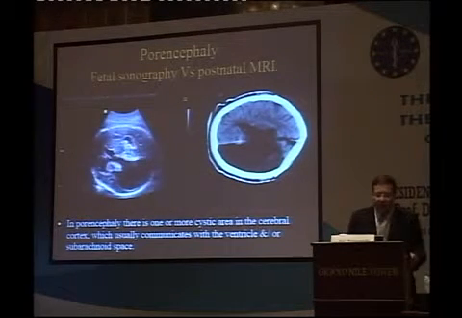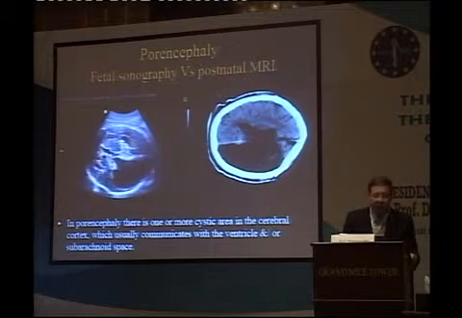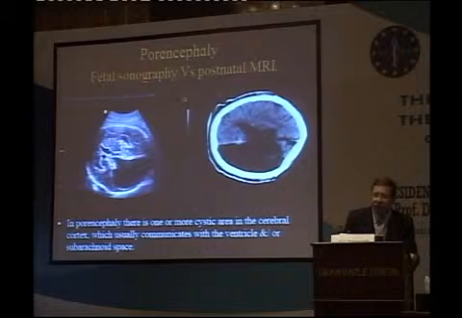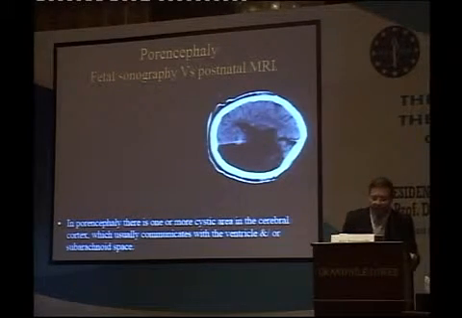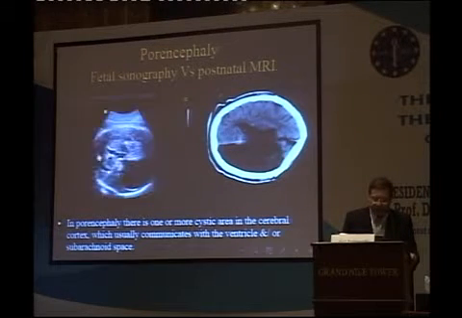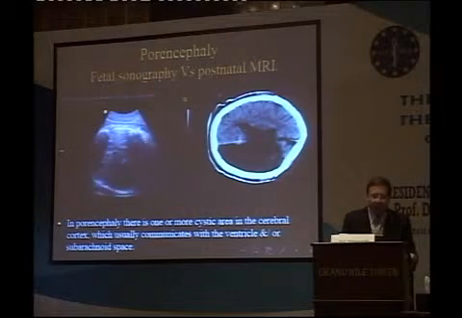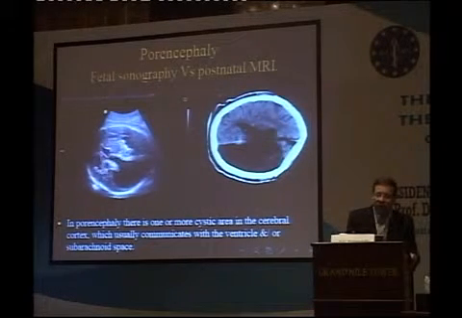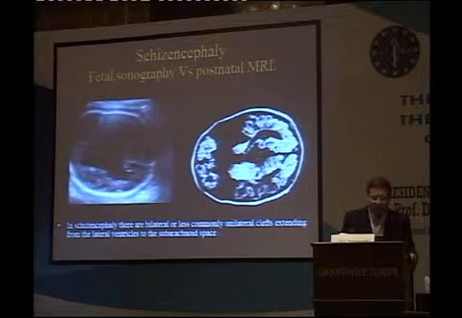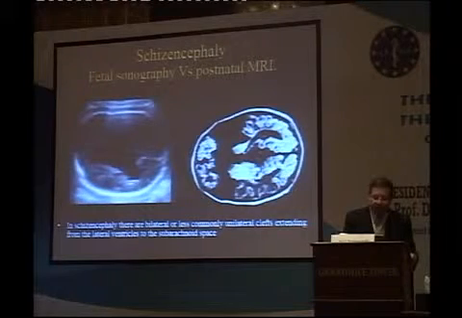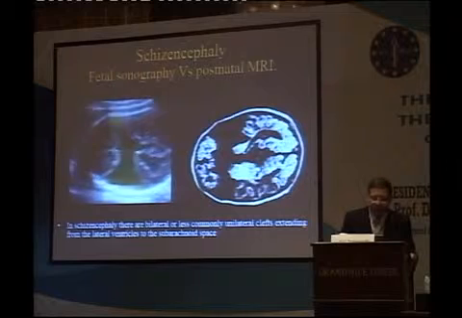Again, here we have porencephaly, and in porencephaly there are one or more cystic areas in the cerebral cortex. All these are destructive because of blood thrombosis leading to coagulative necrosis of the brain. The cystic areas usually communicate with the ventricle and/or the subarachnoid space. And again, here is a postnatal MRI which shows how accurately you can diagnose it prenatally. In schizencephaly, you have the same problem but bilateral, and compare it also to the postnatal appearance to see its